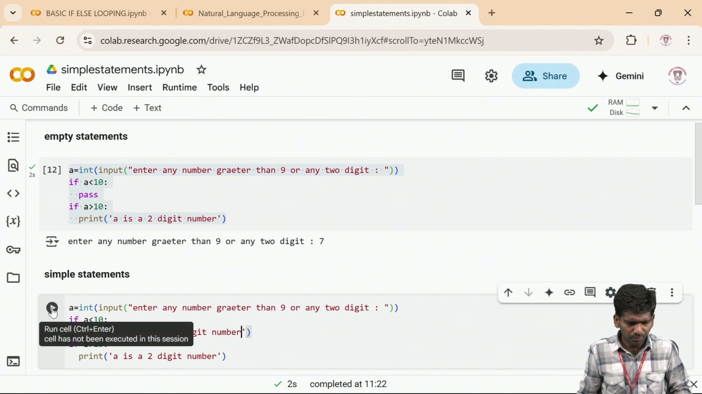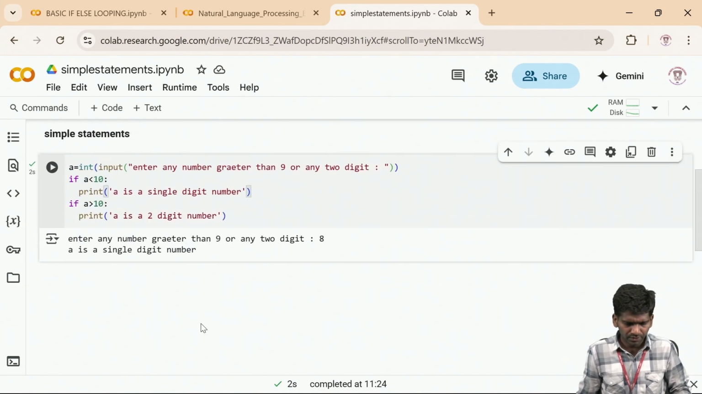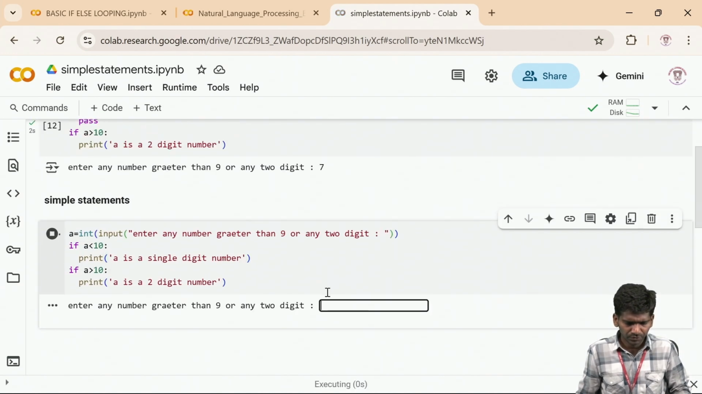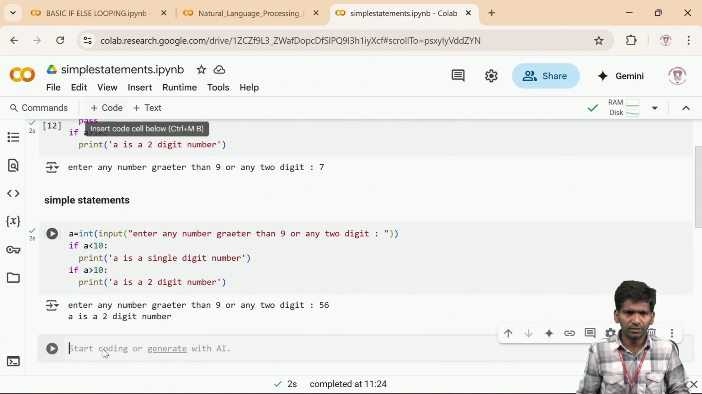So I am removing pass and making it a simple if statement. If I am giving 8, it is printing single digit. If I am giving some 2-digit number, it is printing 2-digit number. In this way you can use a simple if statement. So next code, let us take